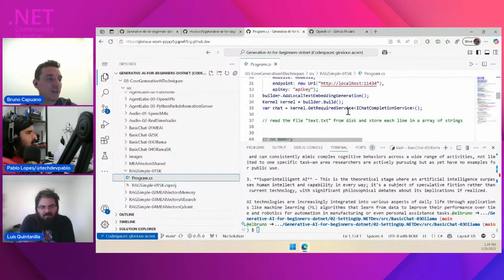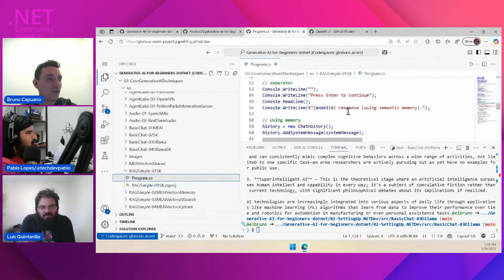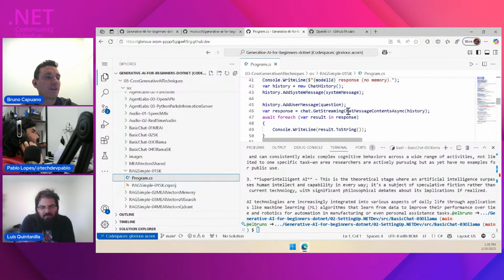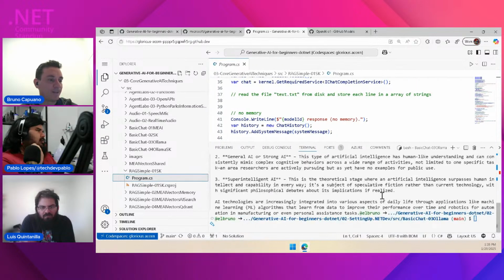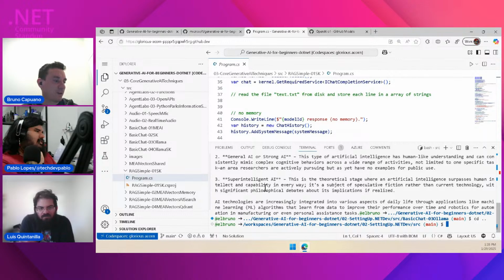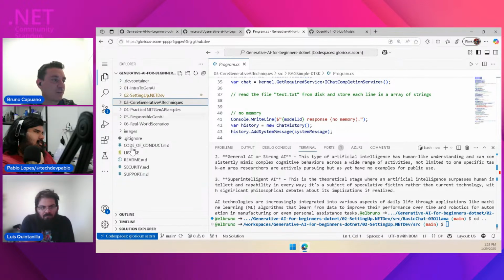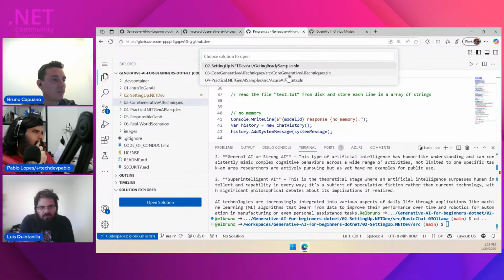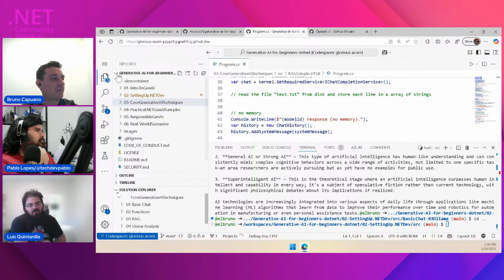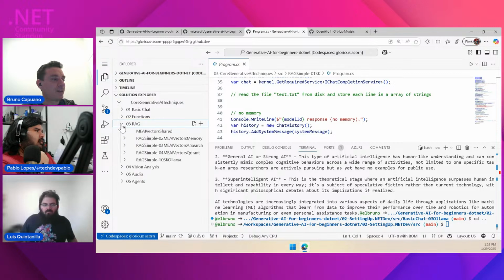This is literally the one that we have using Ollama. Yes. And so I think if I go here to my code, let me see if I can quickly go there. By the way, I have here in the Solution Explorer the solution, techniques, there it is. And here in RAG,